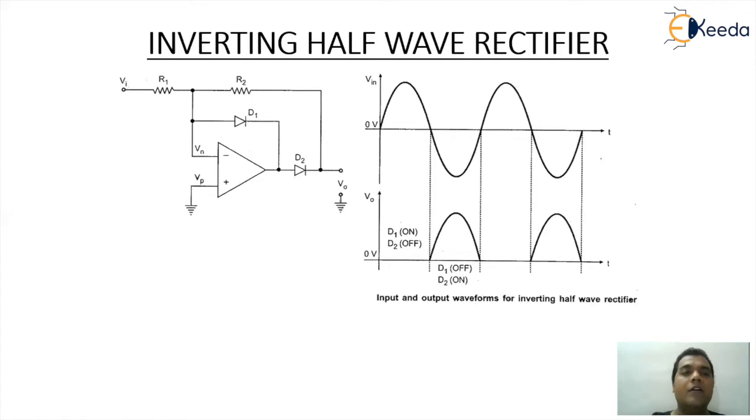And that's the reason when you give the negative half cycle, the circuitry will work like a proper inverting amplifier with a gain of -1, and automatically the negative half cycle will get converted into a positive half cycle. So here what you observe is that we are eliminating the positive cycle and retaining the negative cycle in the form of a positive output. So this is one more methodology of half wave rectification, where we rectify only a half cycle. So this is the basic principle of inverting half wave rectifier circuitry.